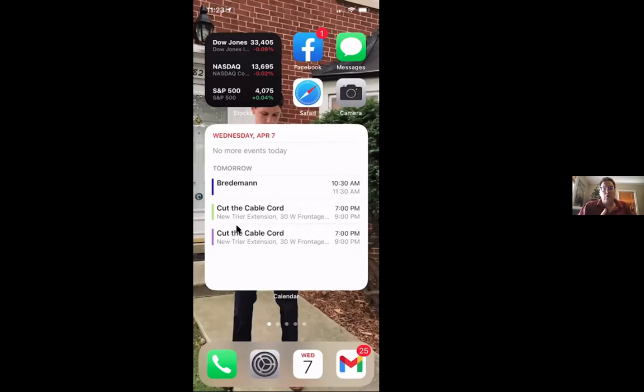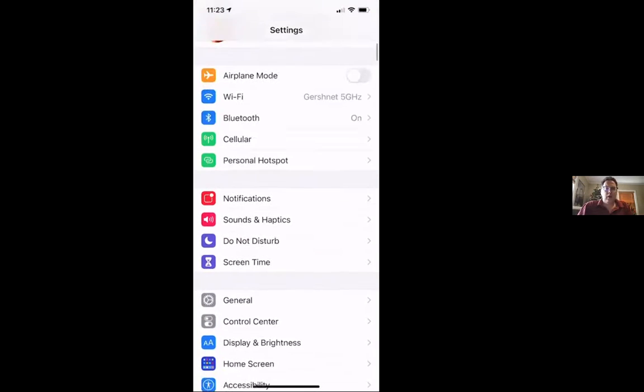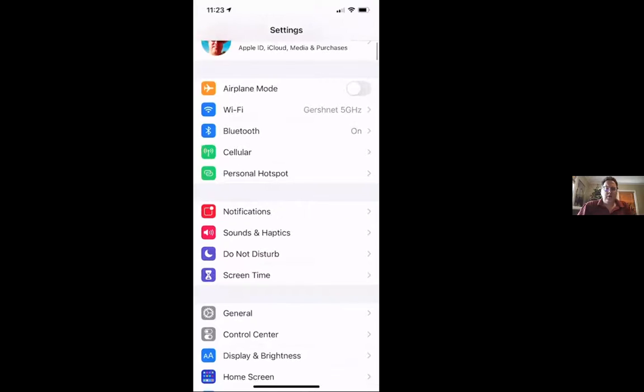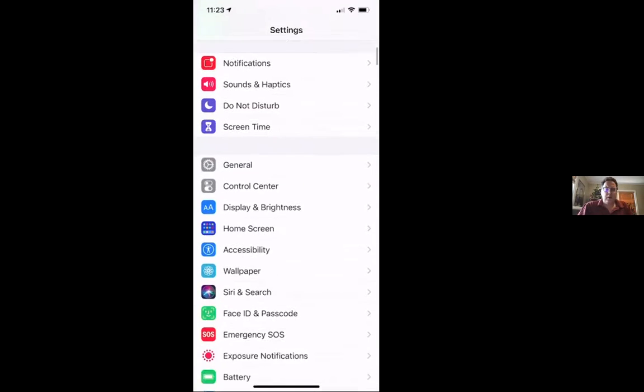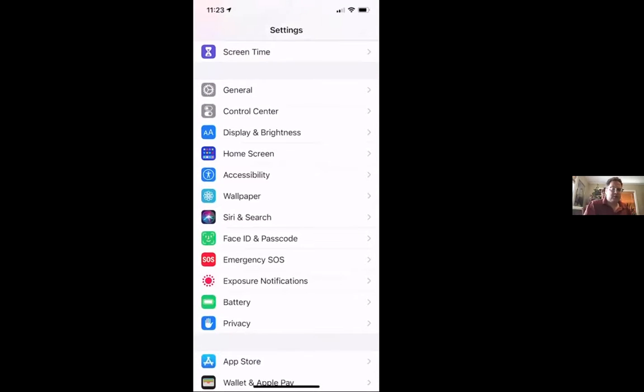Now, conversely, you can turn off the lock screen on your phone if it drives you crazy and you hate having to put in a code or having your face recognized or your thumb every time. I don't recommend you do that because anybody who can steal your phone can get into all your stuff. But those options are in the settings app, which is the one I showed you near the beginning, on the bottom screen here, where I press that silver icon. And in this section, you're going to see one of two options. It's either going to be Face ID and passcode,